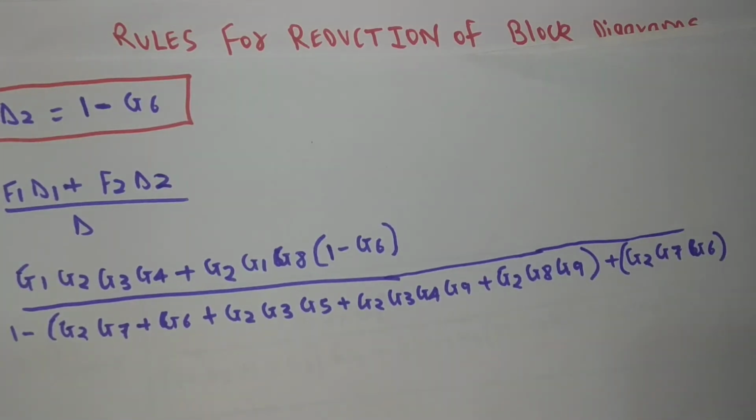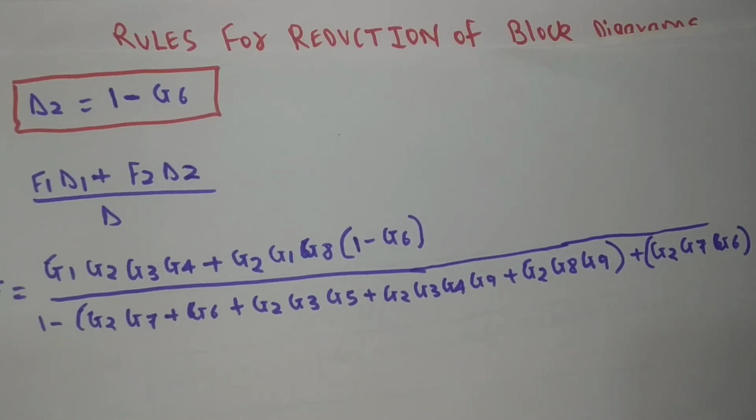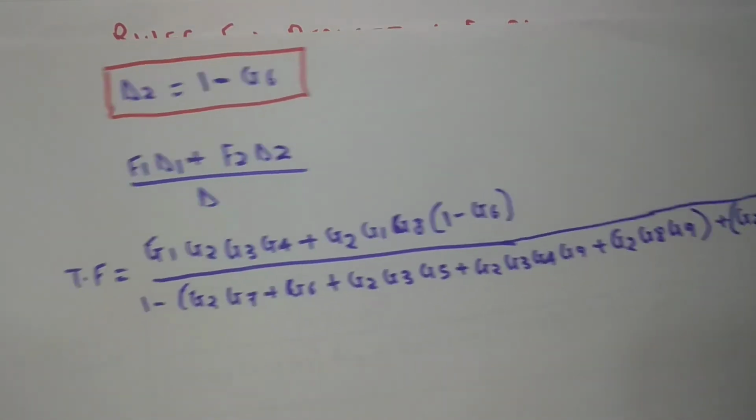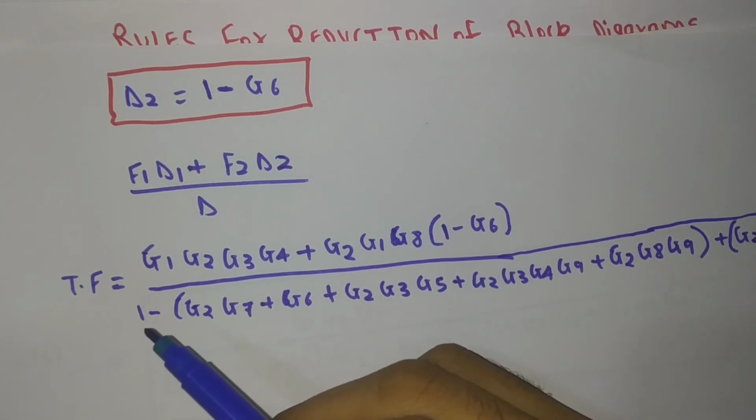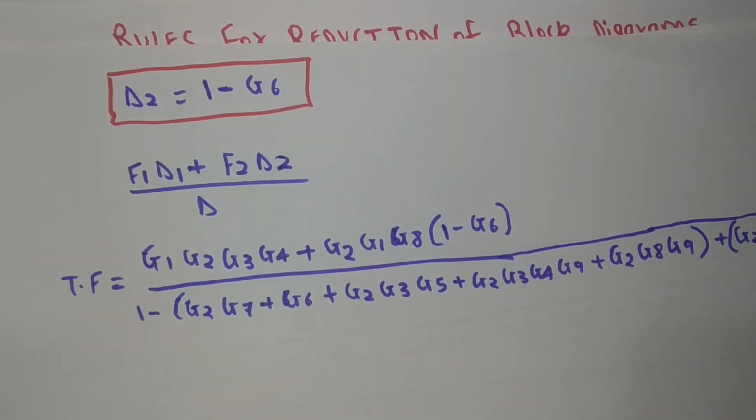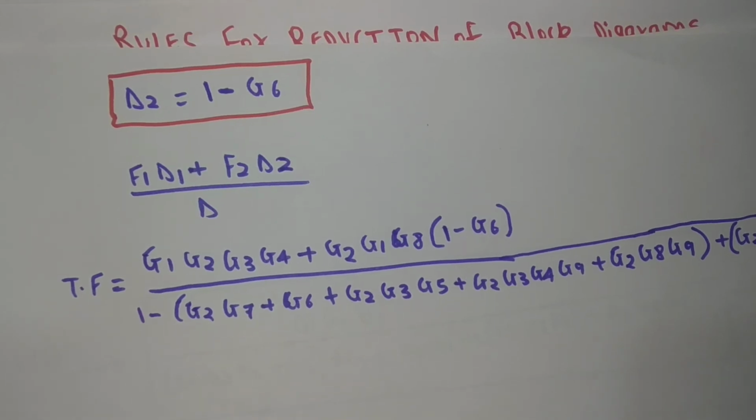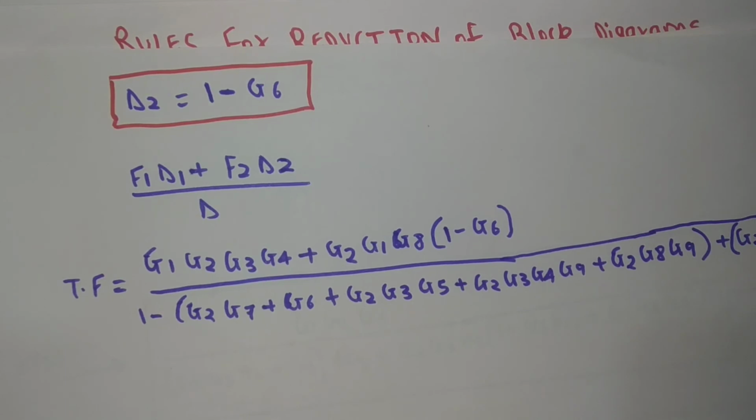If you would have solved this sum by block diagram reduction, it would have been very lengthy and the calculations would have been very tough. So that's why we use the signal flow graph and Mason's gain formula to obtain the transfer function of the system. So I hope in today's lecture all your doubts regarding Mason's gain formula will be cleared, and in the next lecture we are going to do another sum related to this, so all your doubts and the whole concept will be more clear to you.